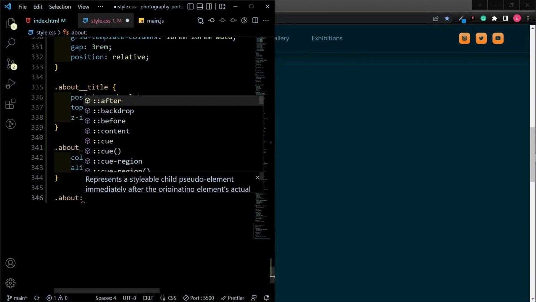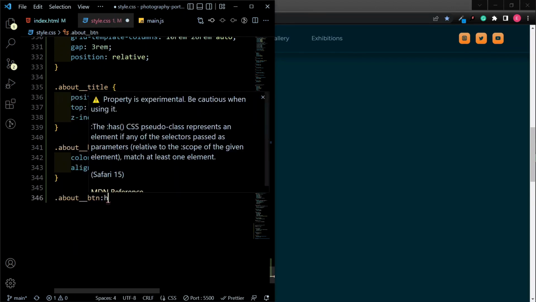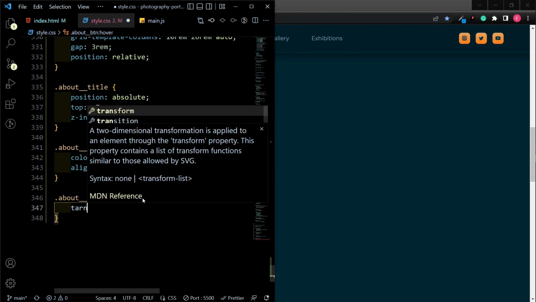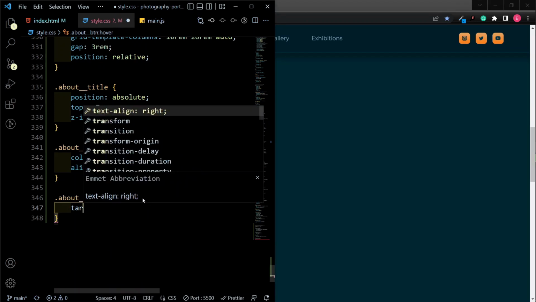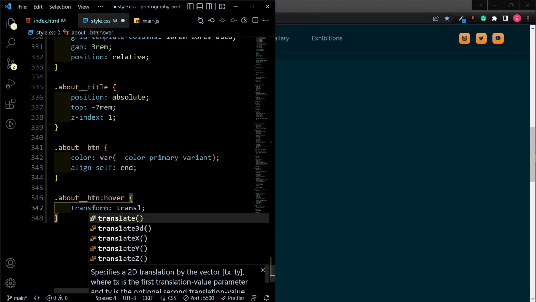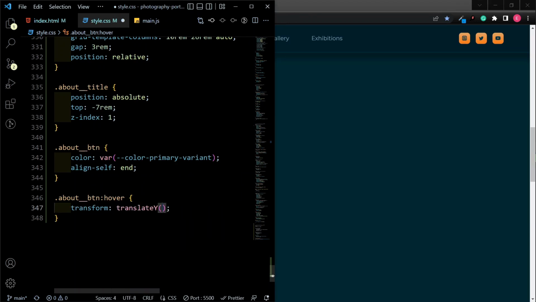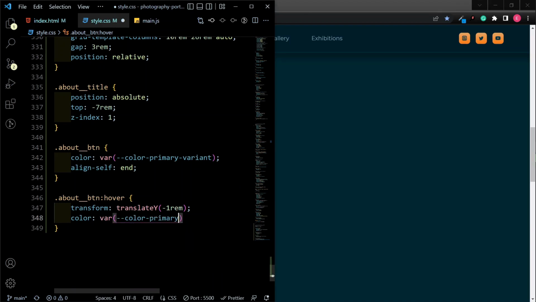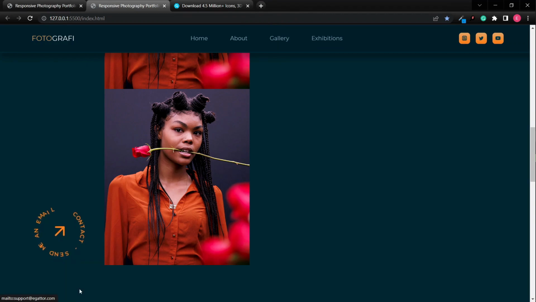All right, now let's proceed, and I'm going to give it a hover effect. So about-btn, and then hover. I want to translate on the x-axis. So transform, and then translate on the y-axis instead. I'm going to do -1rem. And I also want to change the color a little bit to the primary color instead. Let's save that,